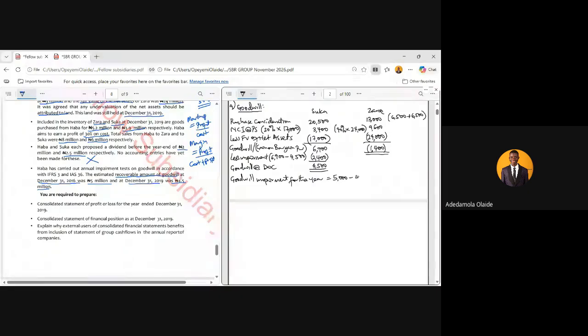5 million minus 4.5 million, and that will give us what? 500,000. And what do we do to this? We'll debit it to our admin expenses, and we'll credit it to where? Ideally, we'll credit it to goodwill. But instead of crediting only this 500, once we credit,